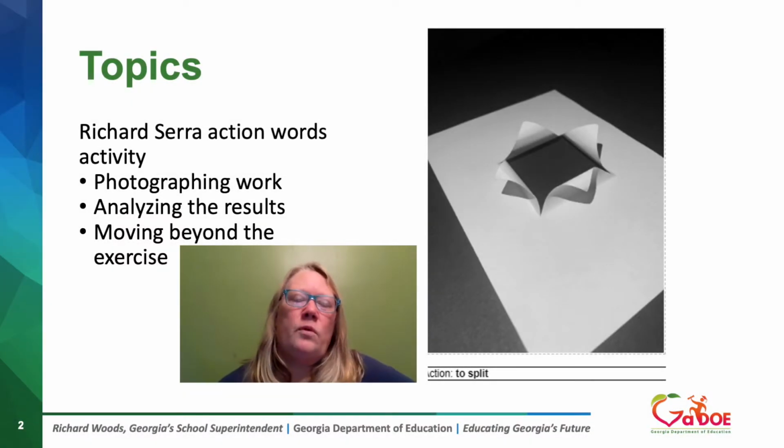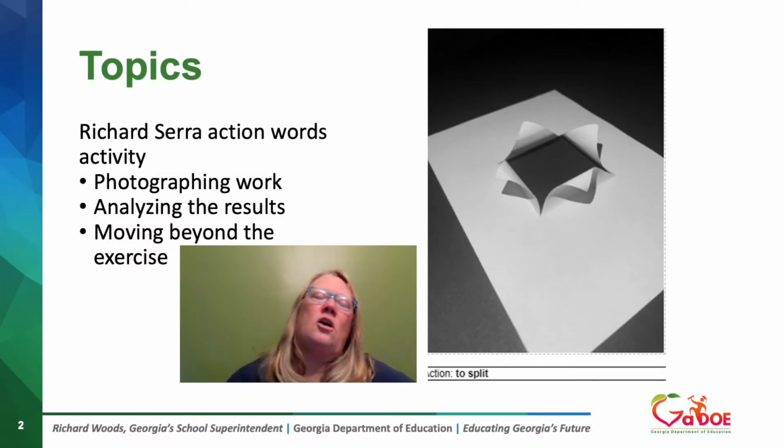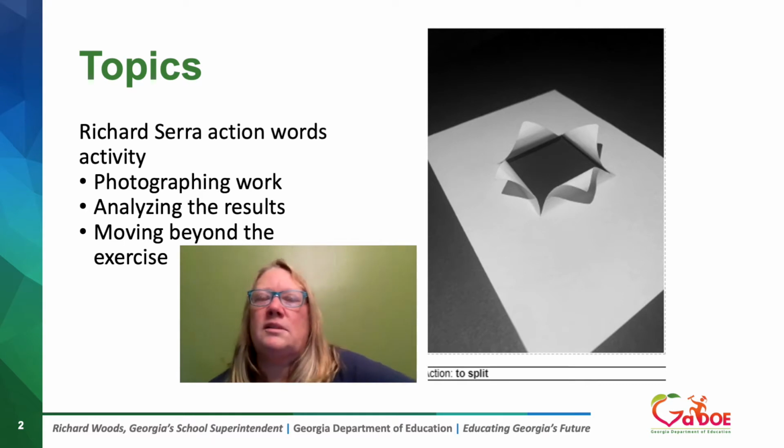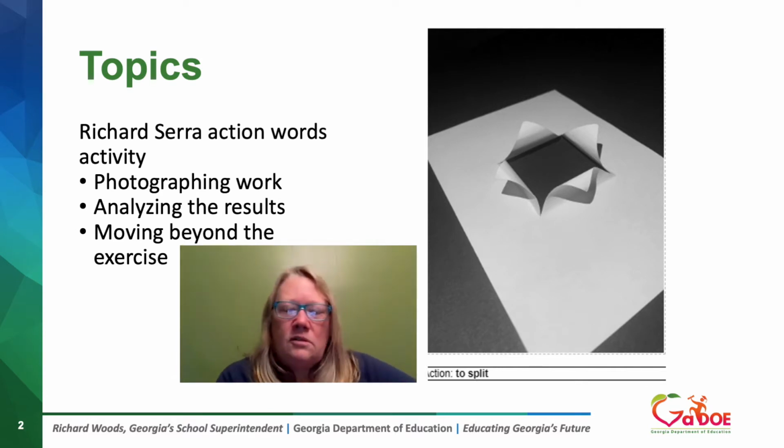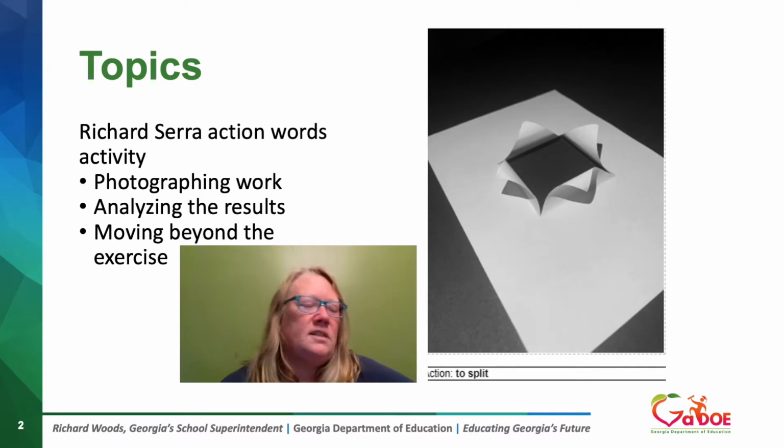The last time, we started an activity based on Richard Serra's verb list that was intended to help students break through that creative wall. Once students complete the activity, how can the results be used? On its own, the activity is a great way to demystify, if you will, abstract and non-representational content. But it's also a really great way for students to gain an understanding of how to effectively use simple